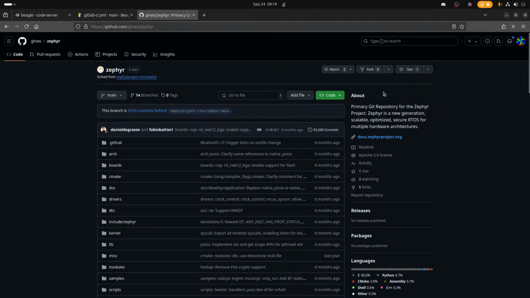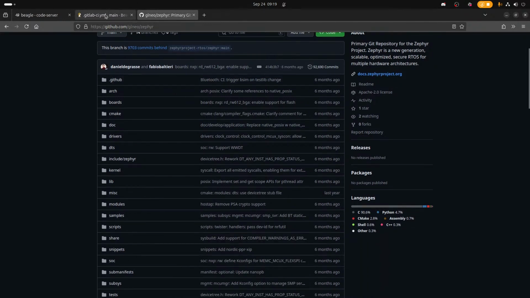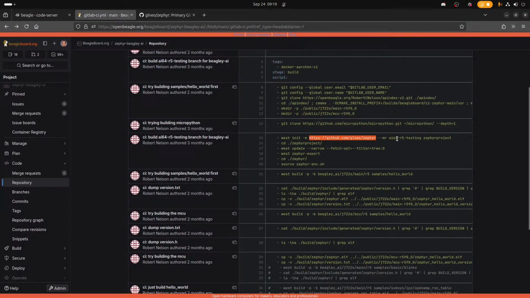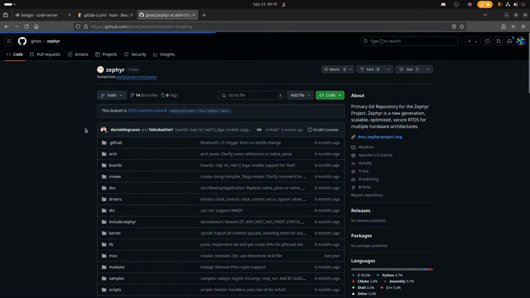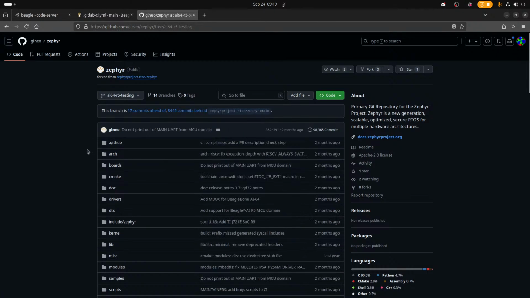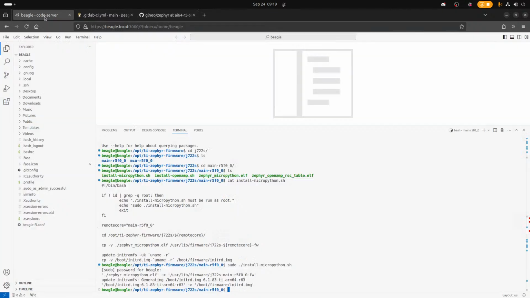So that's all he's tracking. It's just this and AI64 R5 testing branch. Yeah, that one is actually keeping track of the AI64 PR we have upstream. So once that gets merged, this can be put on the queue as soon as possible. Right, pulled from mainline. All right, so did this load the firmware?